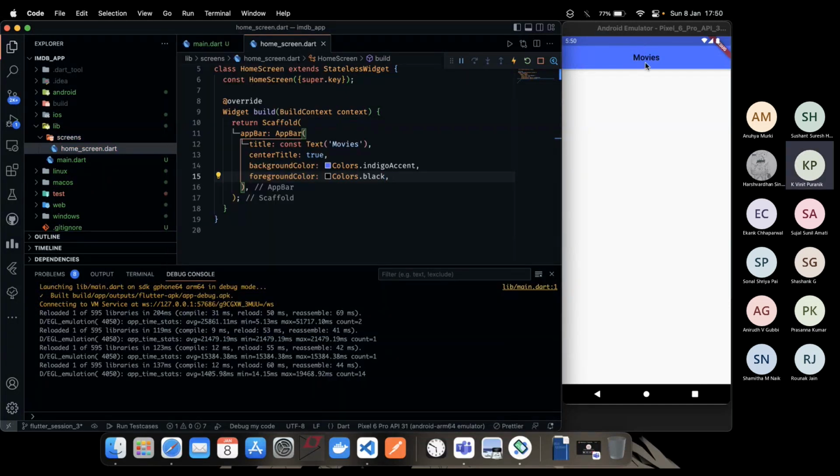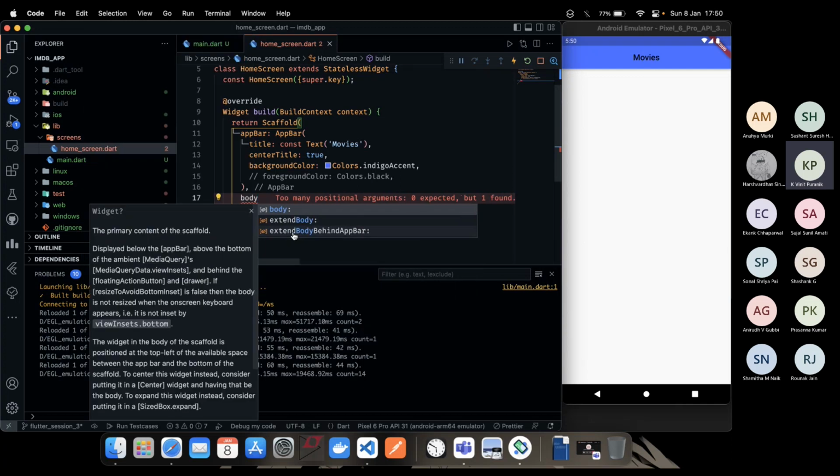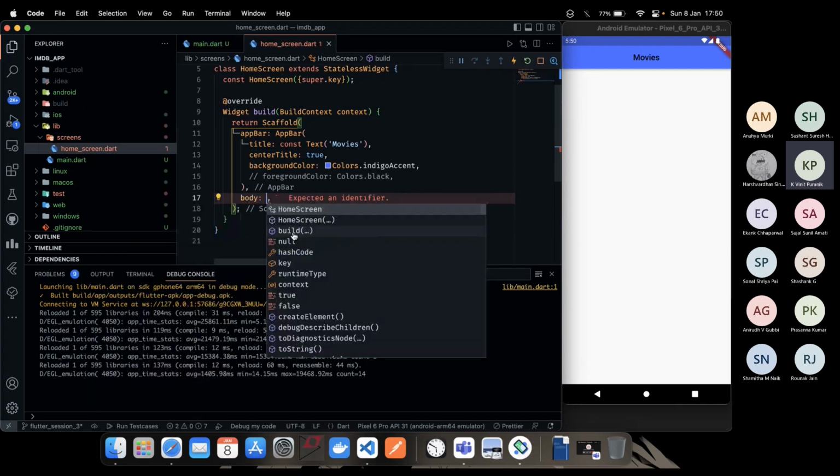Yeah, the movie's title is getting changed, so I'll just comment it out. Doesn't look good, that's why. Okay. So there's another property called the body, which will be displayed in the rest of the left space of the scaffold. So yeah, let's just have a body and let's name it like we will be displaying a list of movies